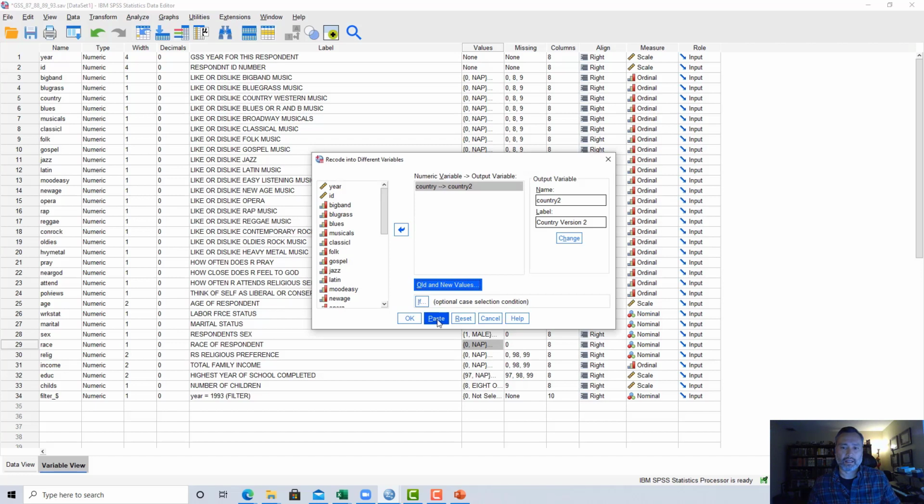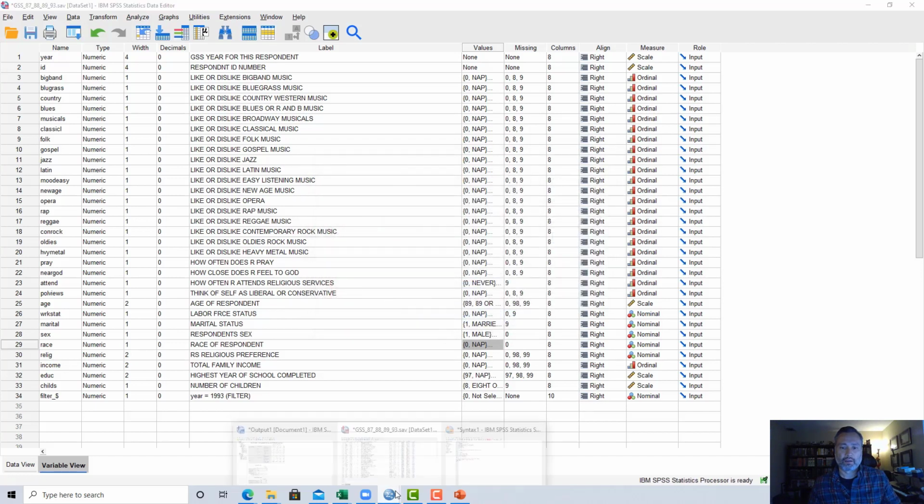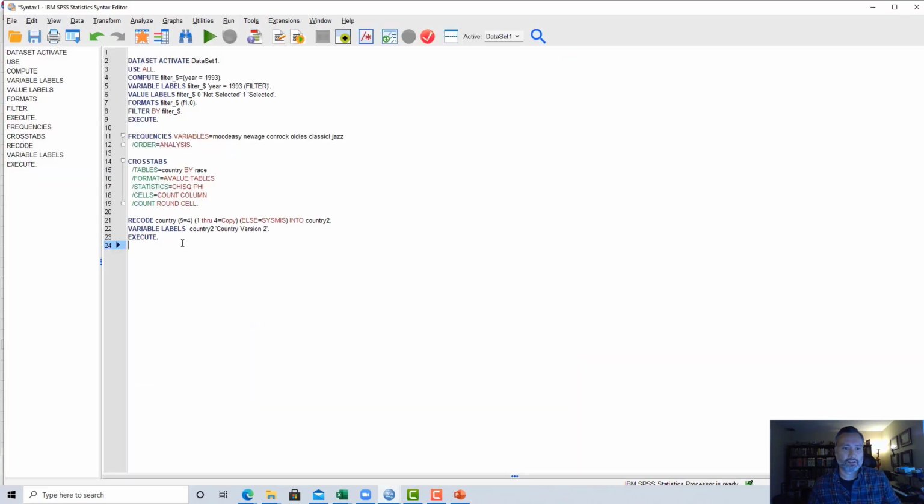And then I will click on paste. If I go back over here into my syntax editor, you'll see this is what the syntax looks like for recoding a variable. We're recoding country. It tells you 5 equals 4 and 1 through 4 equals copy, else missing, into country 2, and we're giving it the variable label, country version 2. So if I highlight this and I hit run,